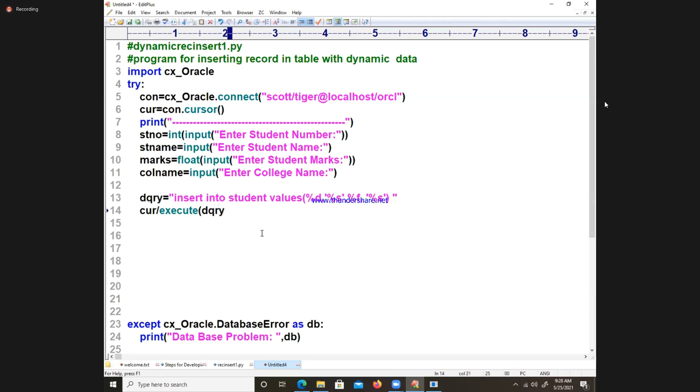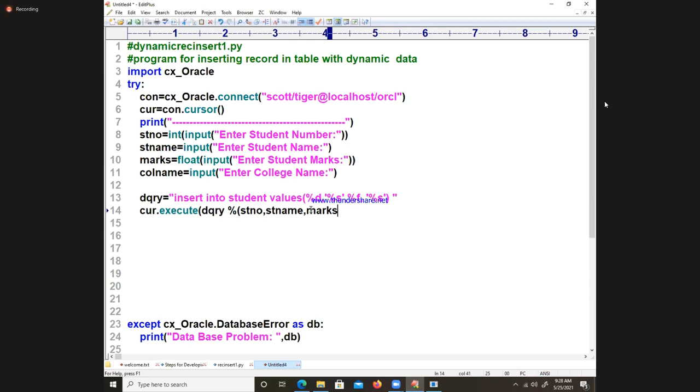Don't give a comma after dquery, please be careful. Cursor.execute(dquery % (stno, stname, marks